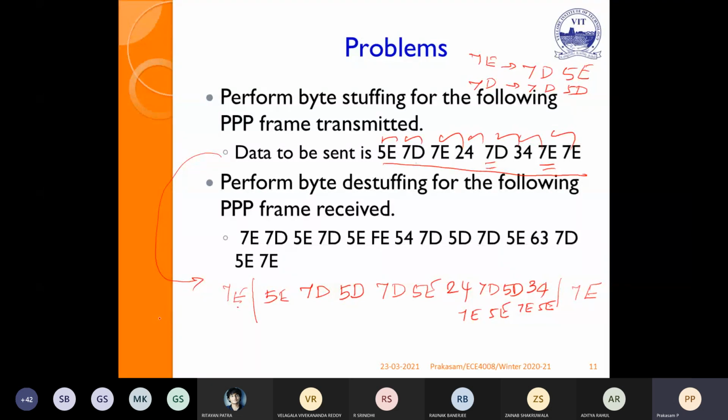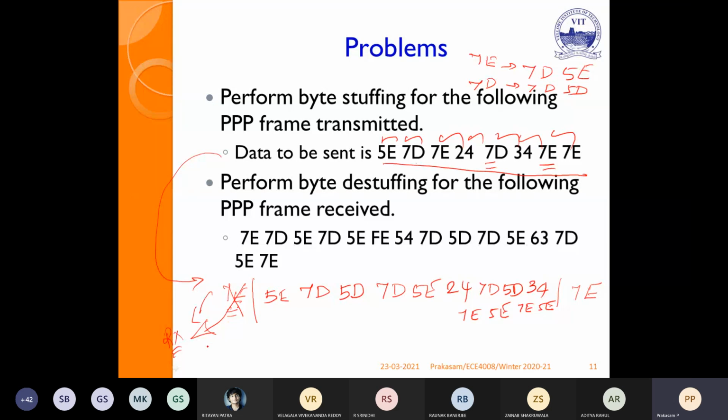This is the transmitter side. If the same bytes are at the receiver side, I have to go for the destuffing rule. What is the destuffing rule? If I receive 7E, automatically it is the flag byte, so it will be discarded, because 7E is not there in any information.